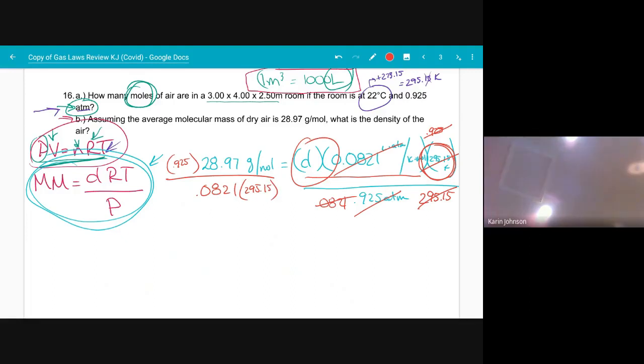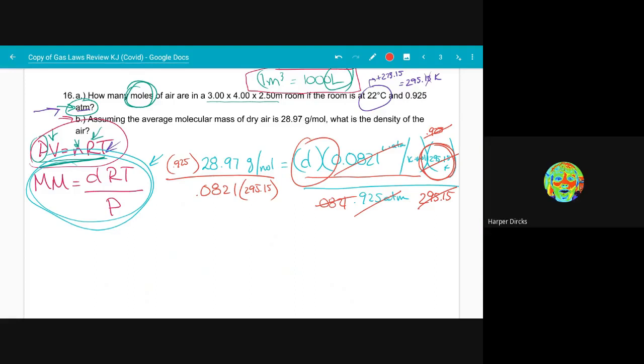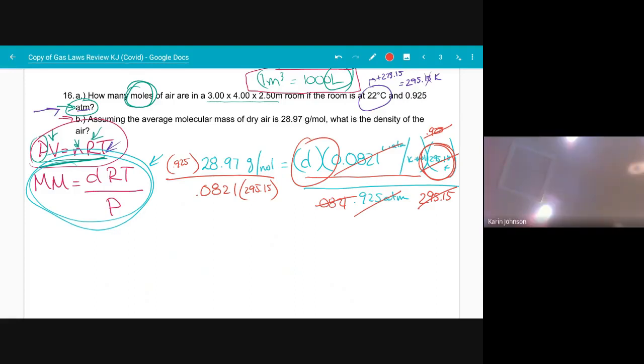Okay, try it one more time. I'm very sorry about that. So 0.925 times 28.97 divided by, and then in parentheses, you would do 0.0821 times 295.15, close parentheses. And now we get the right answer, which would be, D is all by itself now because